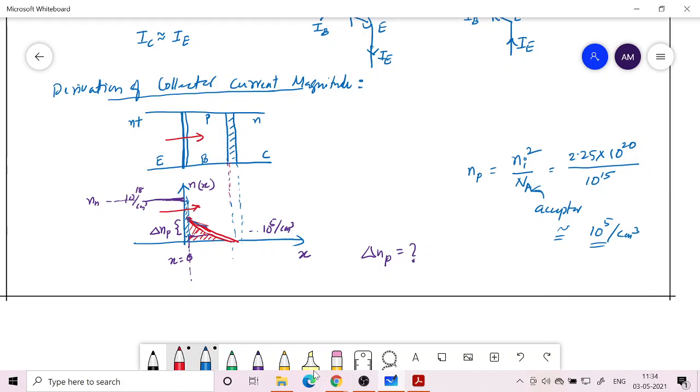what is going to be the collector current. So tomorrow in the next class we are going to derive the expression for the collector current. The scenario is like this: we have electrons diffusing from the N side emitter to the base, and as a result there is going to be a large change in concentration in the base side, but then this increase in the minority carrier will make it diffuse and go to the other side. So if you find the diffusion current due to this charge profile, we will basically get the collector current. Okay, so that derivation we will do in the next class. So today we will stop here.